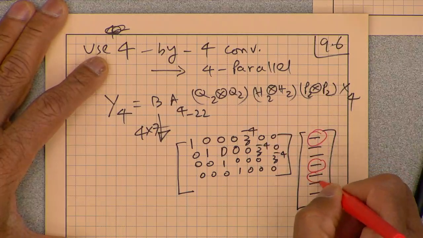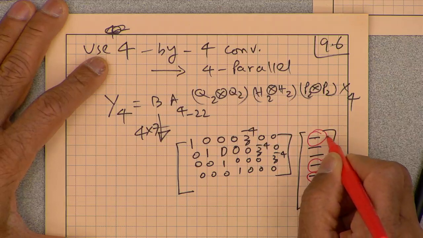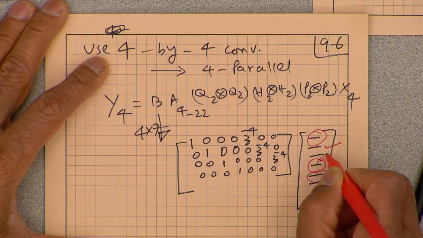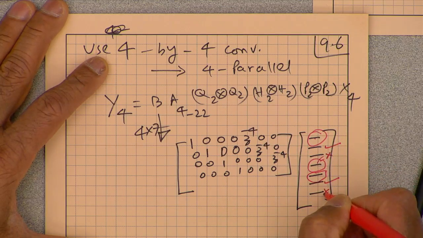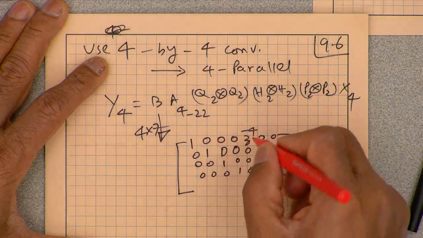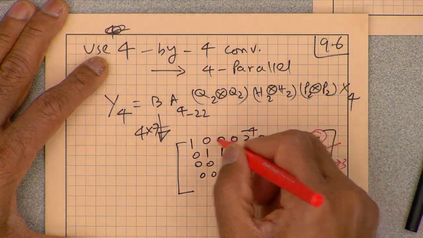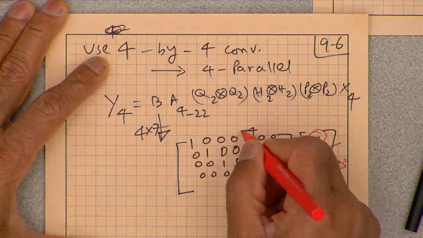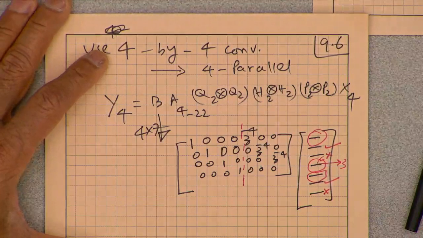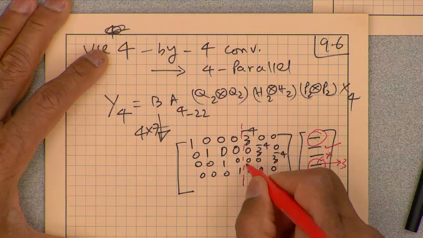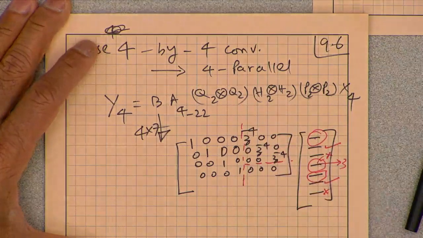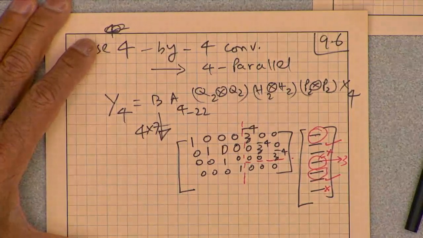Excuse me, 4 is here. So this is 0 and 4, 1 and 5, 2 and 6, and 3 stays as it is. So that's what this z to power minus 4 does, adding these. The left half is the identity matrix, and the right half, the last one, is all zeros. You can think of that as z to power minus 4 times the identity matrix of dimension 3 by 3.